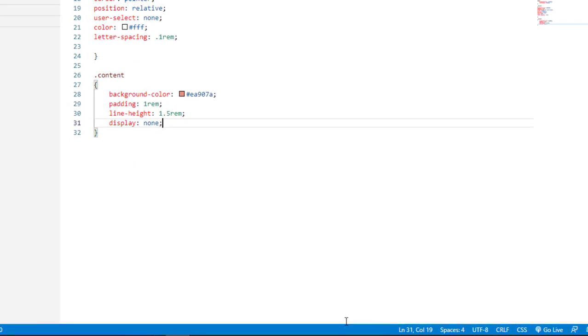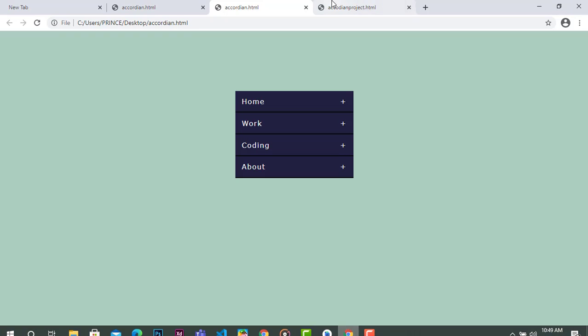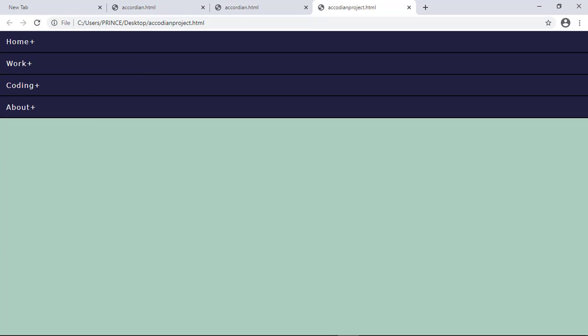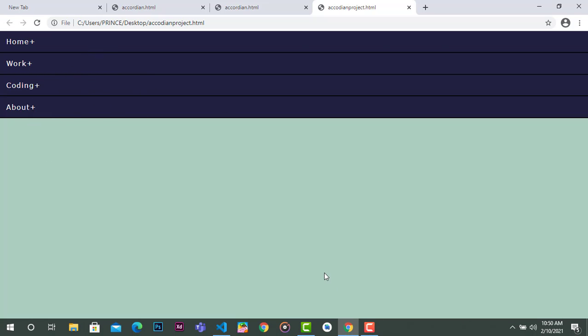Now before writing more code, first check whether it is working or not. So this is our file, refresh it. You can see now it is working fine, and the background color is updated successfully, and the content color also appeared successfully. But we are not able to edit this because the content is behind this. So for this we have to write JavaScript code. So first we complete our HTML code, then we write the JavaScript code.